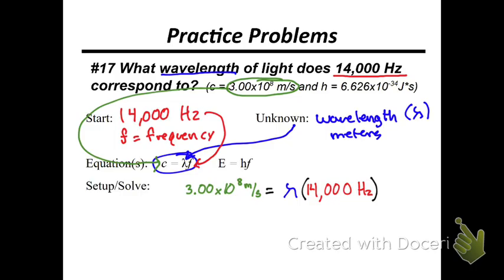So we are trying to isolate lambda here. And to do that, we would just perform a one-step algebra problem. To get lambda by itself, we would divide both sides by 14,000 to cancel that out on one side. Make sure that when you put this into your calculator that you put parentheses around your scientific notation so that your order of operations doesn't go wonky. After you put this into your calculator, we end up getting lambda to equal